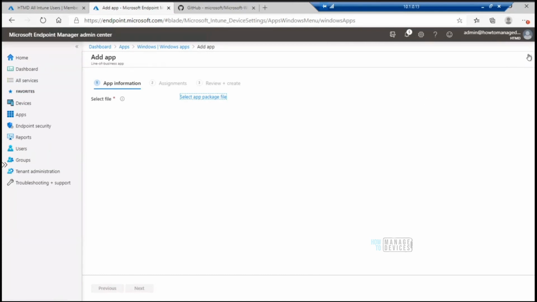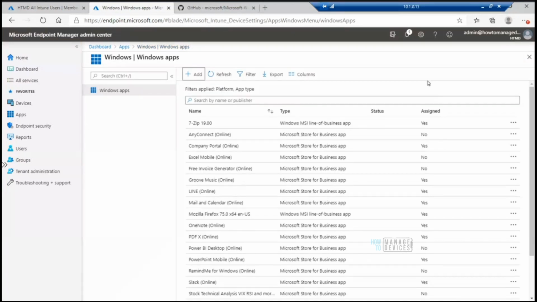If you compare it with SCCM or Configuration Manager, if you want to call SCCM Configuration Manager, that's fine. The product name got changed. Anyway, in today's episode we are going to see how to deal with these kinds of situations. For example, if you want to deploy an exe, what is the method to deploy an exe? Because exe is also not supported through LOB applications. As you can see, the only supported formats are MSI, MSIX, APPX, no exe there.